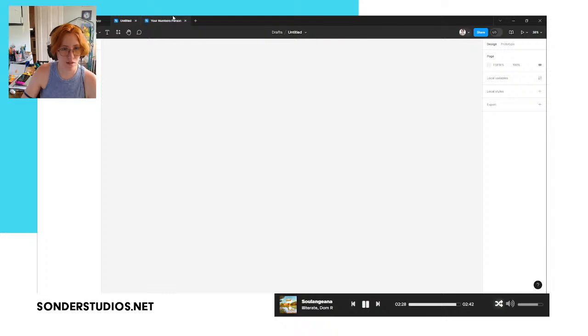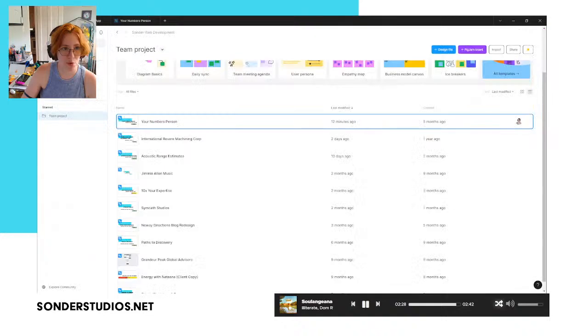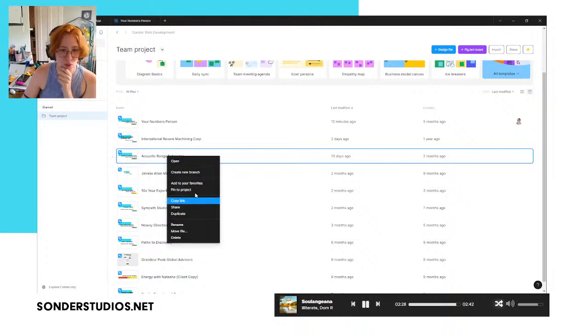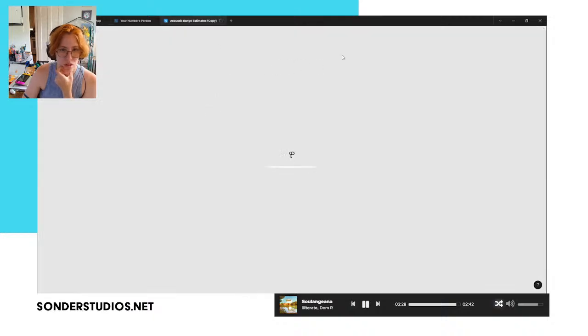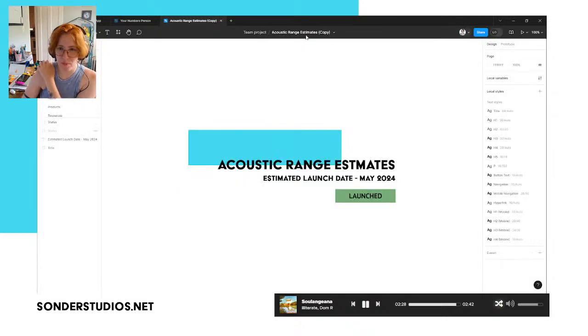So, you know what? Instead of creating a new file, I think I'm going to dupe my most recent file. I think this was the most recent one that I worked on. And now that I've duped it, I'm going to make a couple of adjustments.